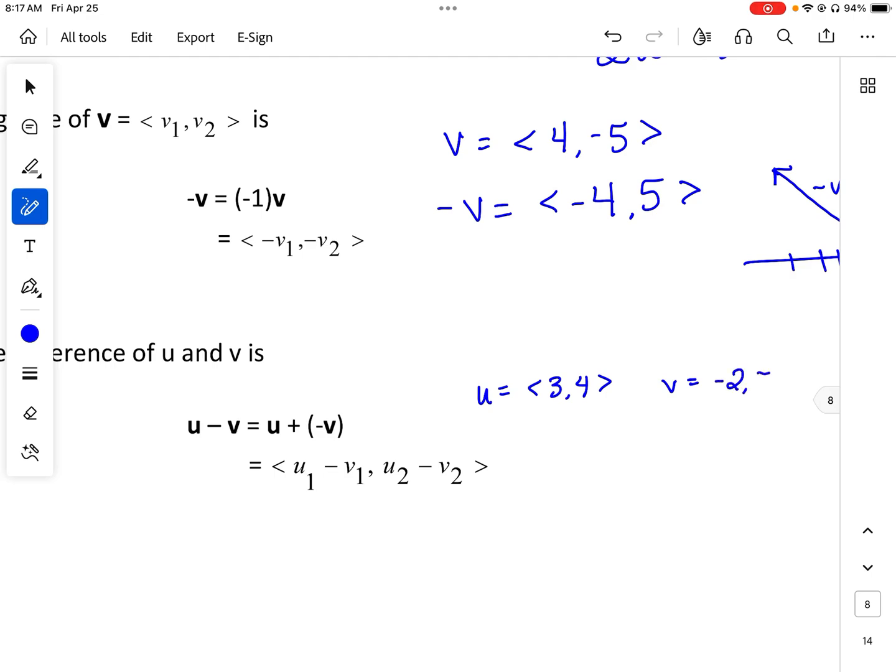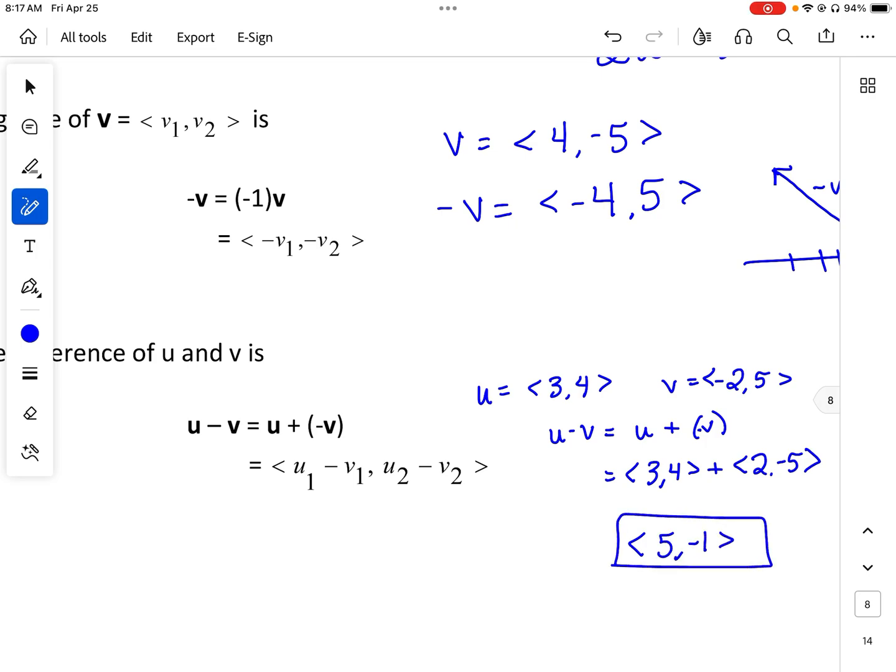Okay, the difference, what you will do is you will do u plus a negative v. So let's say u is 3, 4. V is negative 2, 5. So we want to do u minus v, which I'd rather write as u plus a negative v. So that would be 3, 4 plus